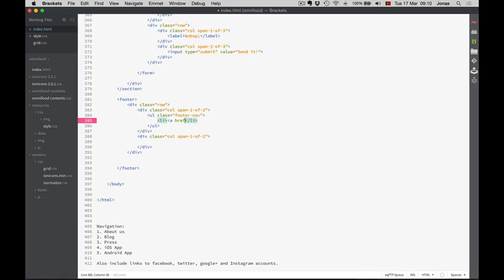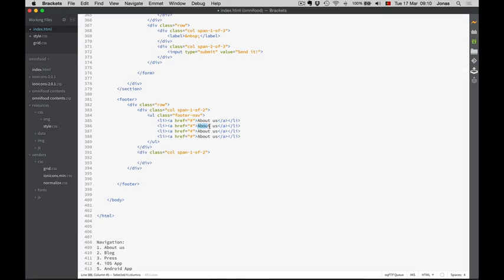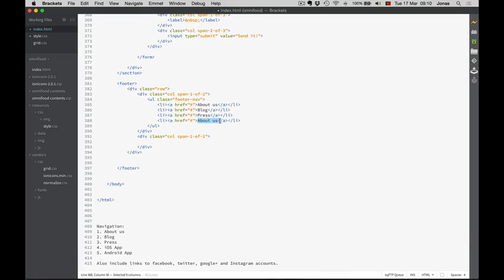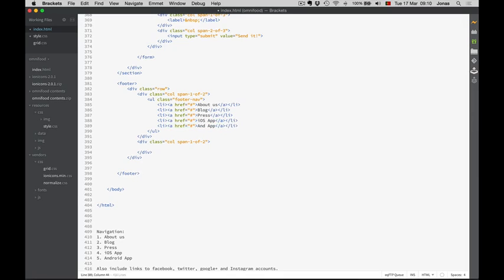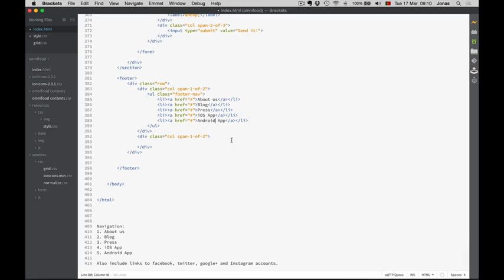So the first link will be to About Us. And again, it points nowhere. So About Us. And now just duplicate this. And blog. Press. iOS app. And I need to duplicate it once again. So Android app. Alright. And now we need another navigation to include links to Facebook, Twitter, Google+, and Instagram, because those are the